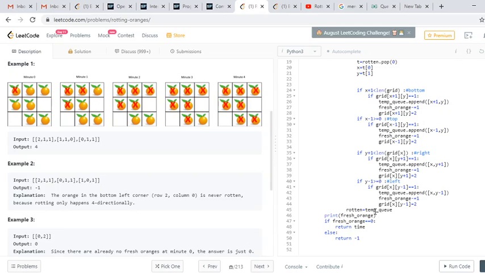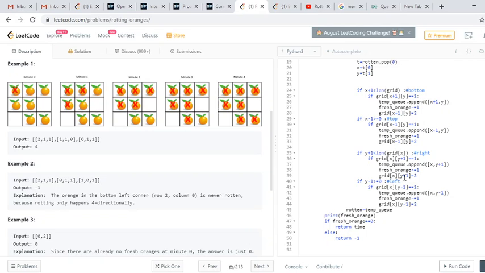And in the last, I'm checking if the fresh oranges count is equal to 0. In that case, I was able to rot all the oranges present in this grid, so I will simply return the time. Or suppose any oranges are left, oranges which are not connected with the rotten oranges, they are not going to rot.